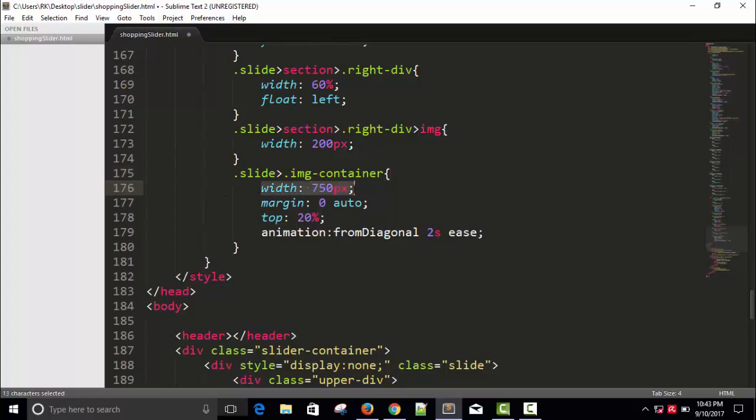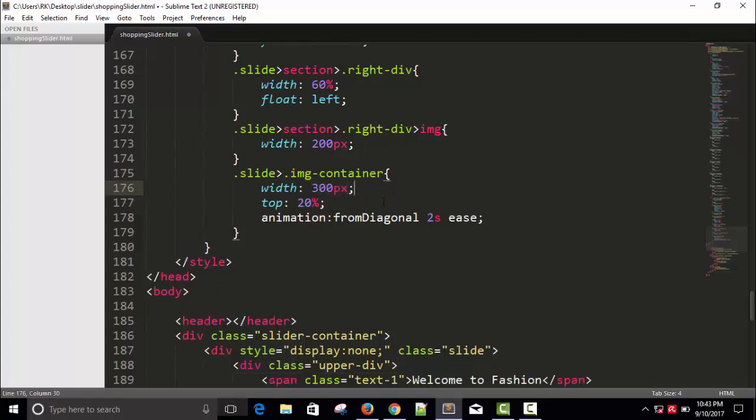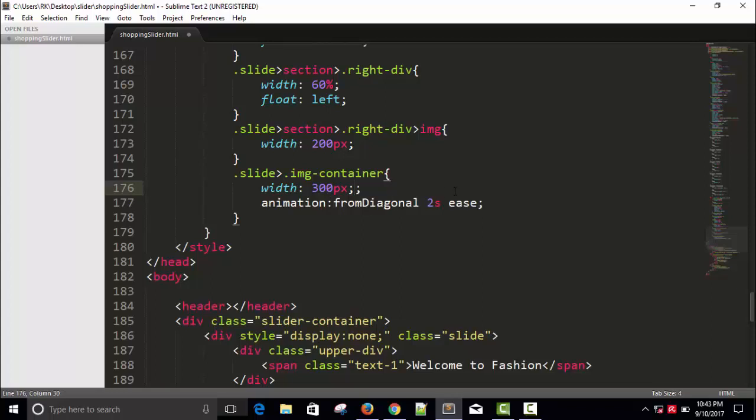We need to change width, so let's give it a 300 pixel width. Margin 0 auto we don't require, so same for desktop as well as phone. Top 20% is the same. Animation we don't require,